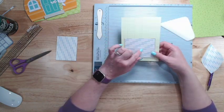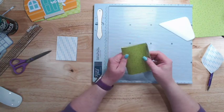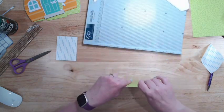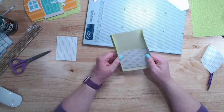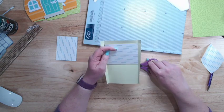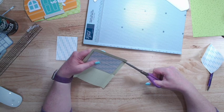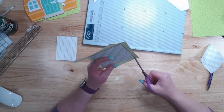Okay. Then before I take the backing off of the other side, I'm going to fold this up. Fold this up. So this should wrap all the way around like so and go down flat on this opposite side, okay? But before I do that, I'm going to fold it on this side. I'm going to fold it on this side. And I'm going to, I think how I want to do this. I'm going to cut this little corner out, much like when I'm making an album cover. Just because we're using the lightweight chipboard, however,